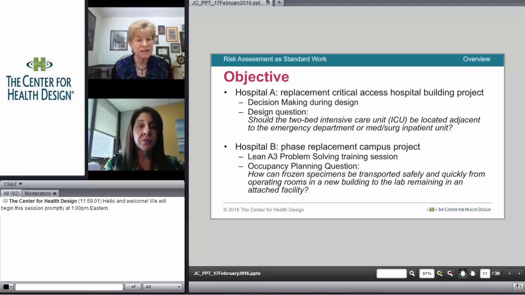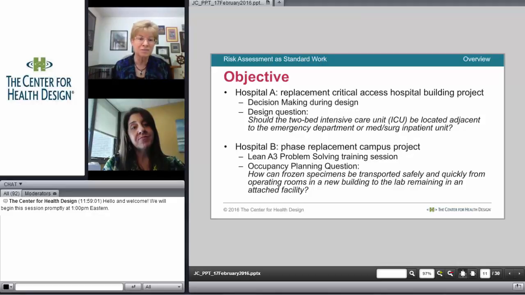It was a phased replacement campus, and that's really what created an issue. We were in the middle of occupancy planning, and I was teaching a lean process problem-solving workshop, and the problem they were stuck on was that with this new construction, the surgery now would be located pretty far away from the existing lab until the lab could later be moved. So what the big deal is with